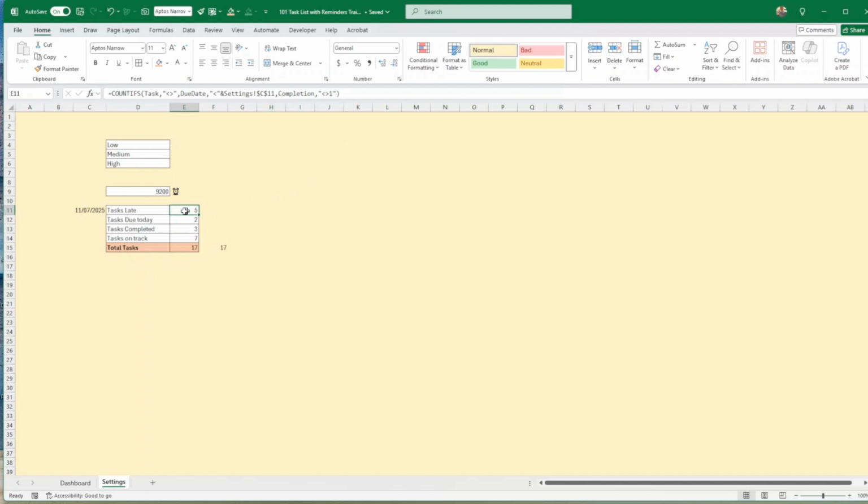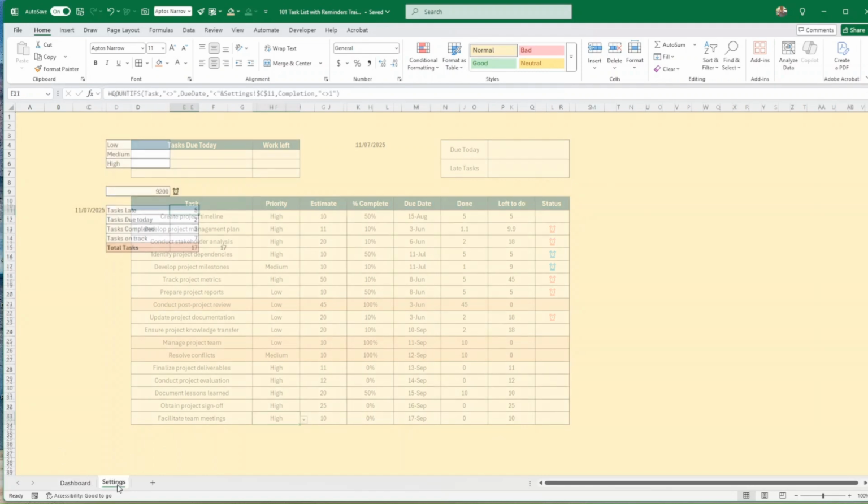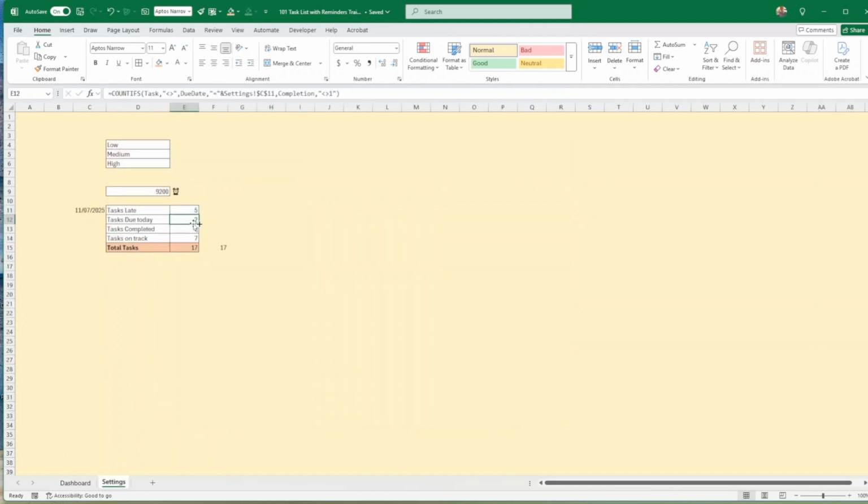So the task is not completed. So the tasks that are late is here as 5. And we can go and double check how many red clocks do I have? 5. Perfect. Today, it's exactly the same with one condition, is that the due date is equal to the date